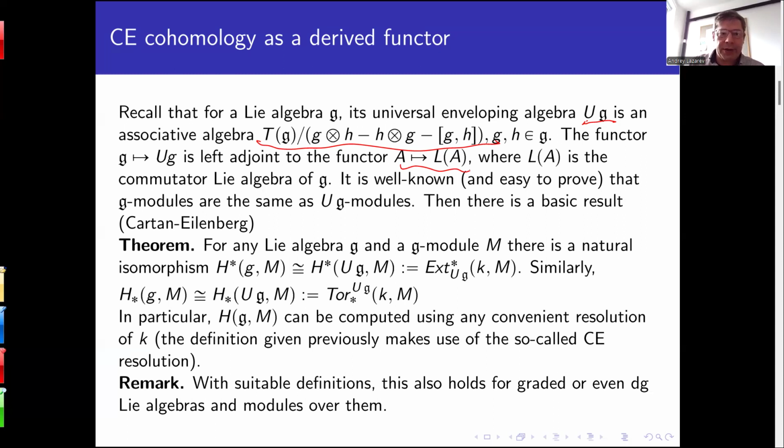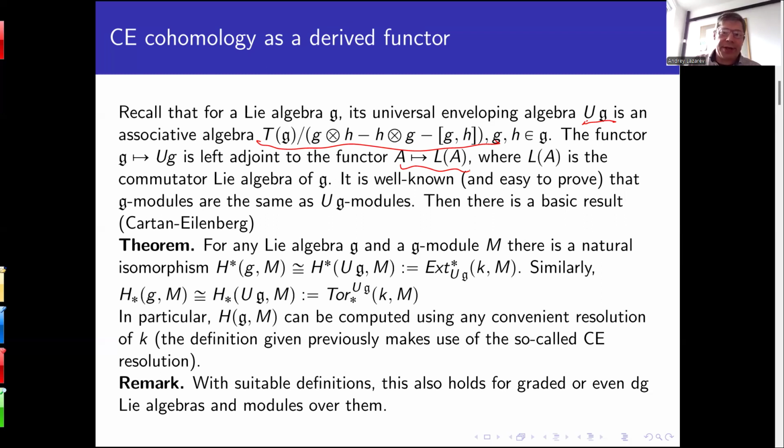its commutator Lie algebra. And it is well known and easy to prove that modules over G, in the sense that I defined a few minutes ago, are the same as modules over the associative algebra UG. So representations of a Lie algebra G are the same as representations of UG. So this is a basic and easy